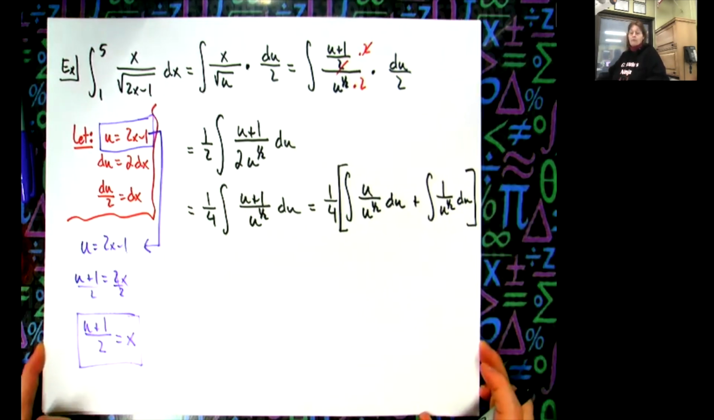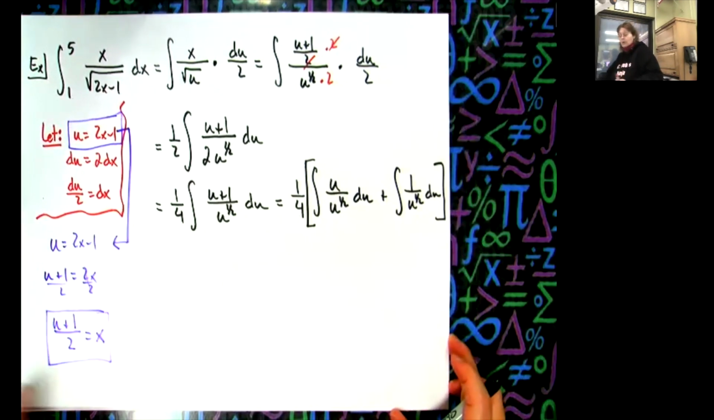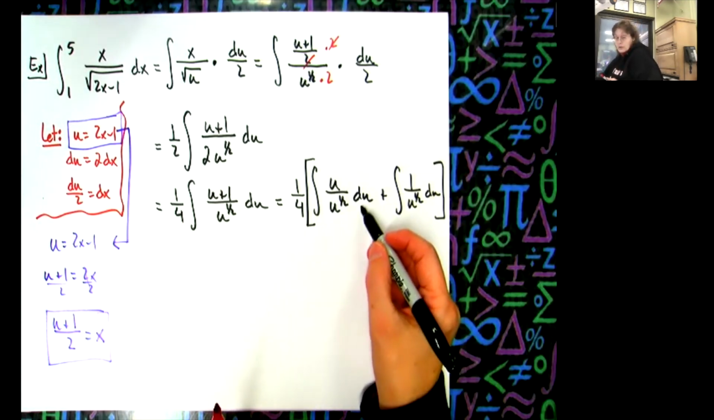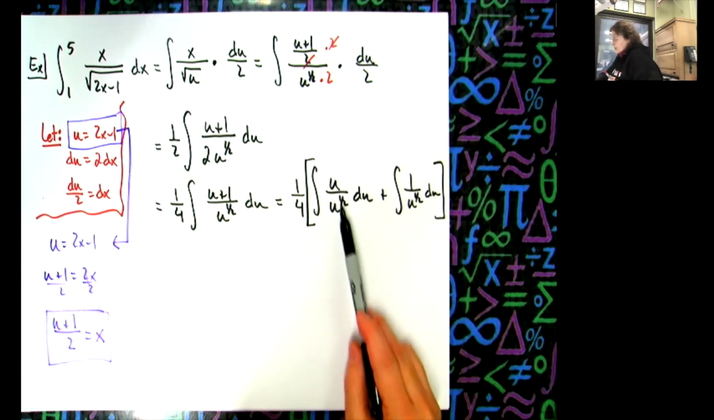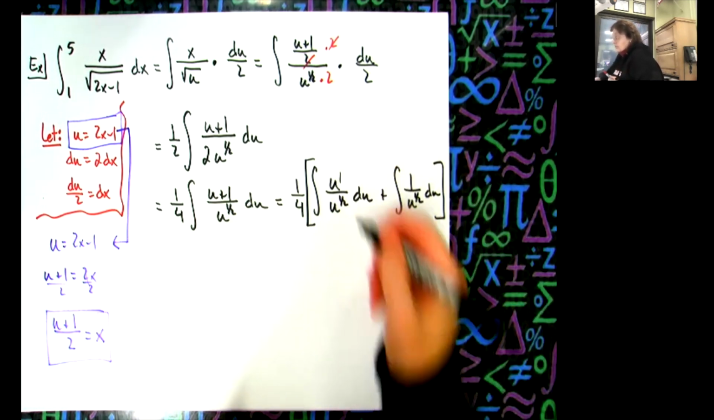Notice how I wrote all that. Let's get this over a little bit. I made sure I put a du on this integral. I just separated this into 2 separate integrals. Now I'm going to take a look at this, and I'm going to try to simplify those using laws